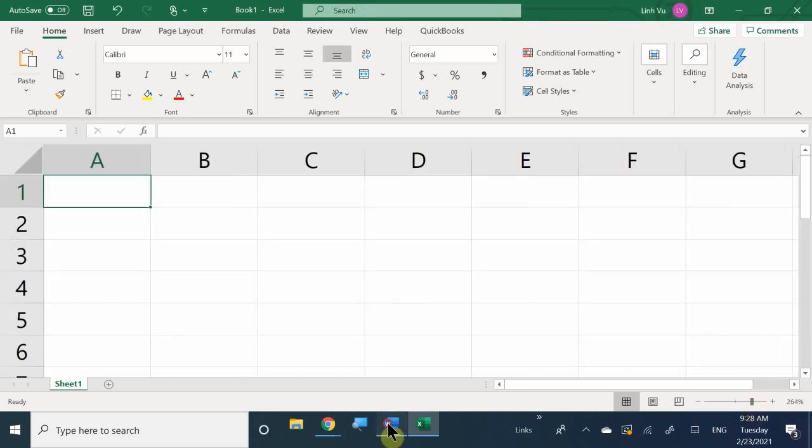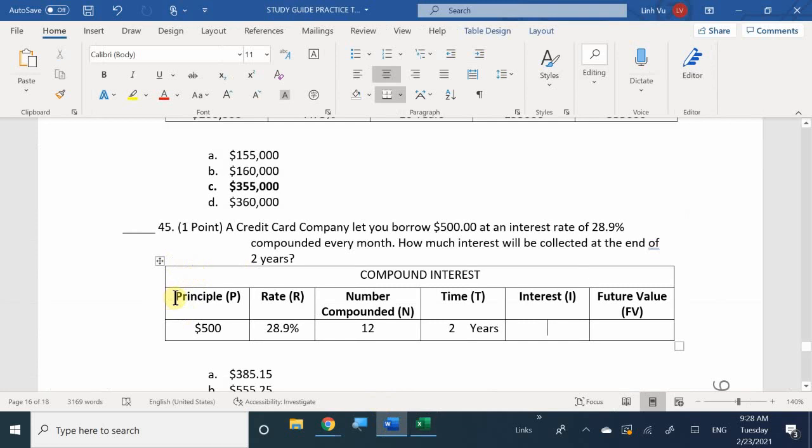Okay, so if I were to copy this piece of information,